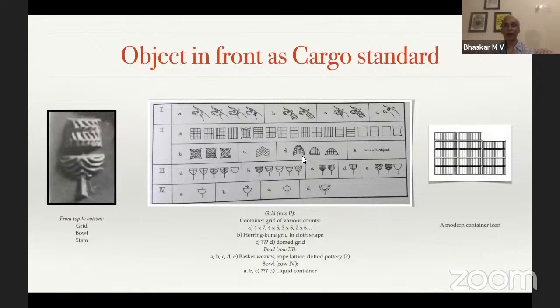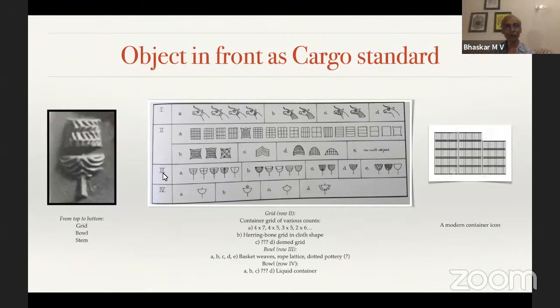2D are the same grids that seem to be enclosed in some kind of dome structure. It's a domed grid rather than squared grids. And then the unicorn also appears, but very rarely, without an object or mystery object in front of it. And so this cult object, as I understand it, is simply a cargo standard. It immediately tells everybody who sees it the fleet information, the fleet level information.